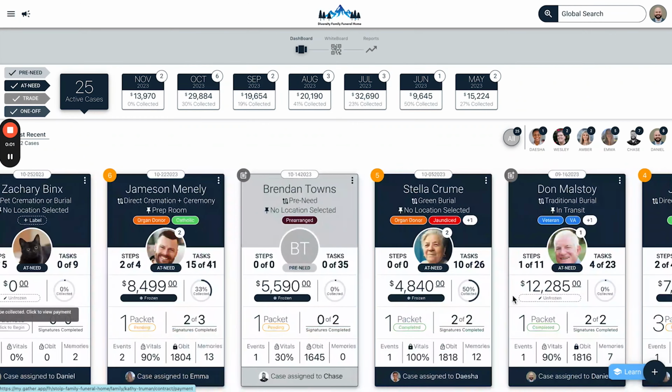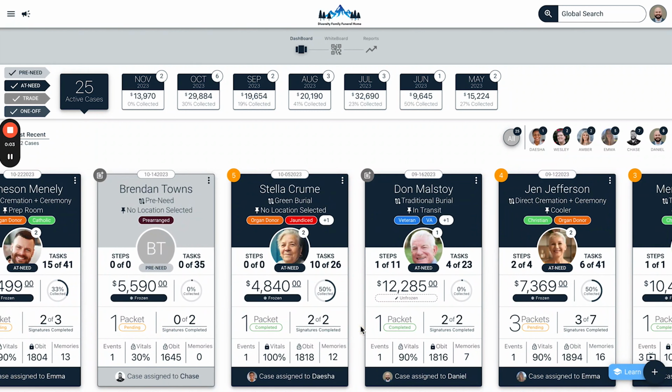Now that your funeral statement has been signed by the family, it's time to collect payment. There are a handful of places you can use to navigate to your payments page in Gather. From the dashboard, clicking on the percentage collected section on the case card will take you straight to the payments